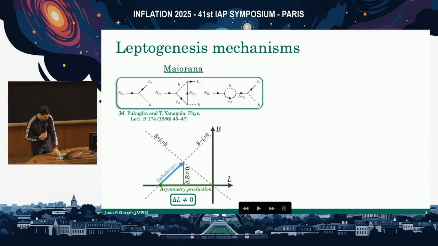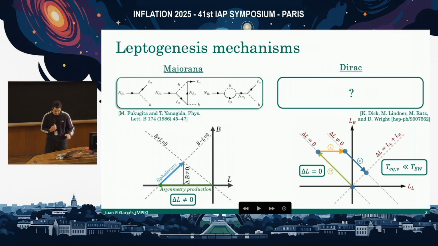In our project, we were actually interested in an alternative leptogenesis mechanism called Dirac leptogenesis, where, as you can guess, neutrinos are of Dirac type, so lepton number here can remain unbroken. And even though the diagrams are not so different, the fundamental principle is actually vastly different. So what one needs here is a sequester, or what's called a sequestering mechanism. So one needs a reservoir of particles, in this case the right-handed neutrinos, that store lepton asymmetry long enough to